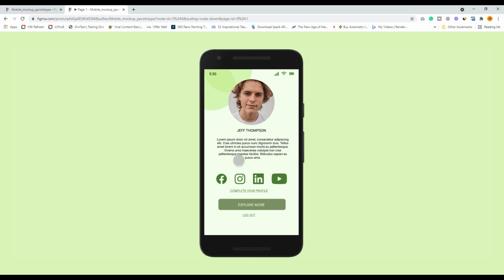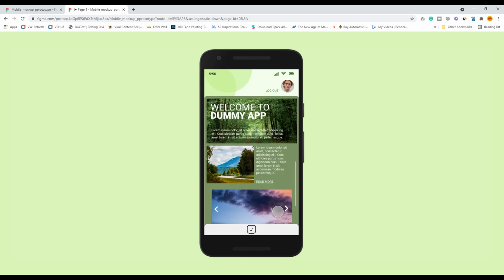Jeff can also add his Facebook profile, his Instagram profile, his LinkedIn profile and YouTube profile if he has. Just below it you have explore more. When you click on explore more, you are taken to the interface of the app.